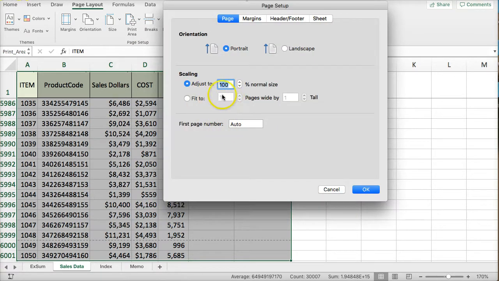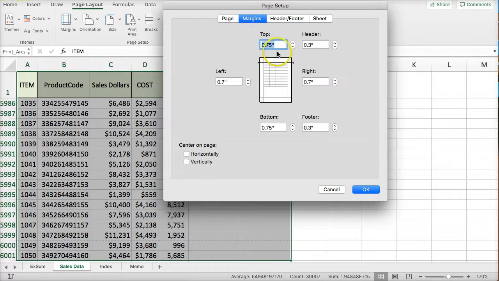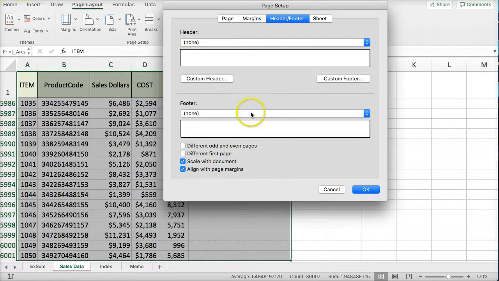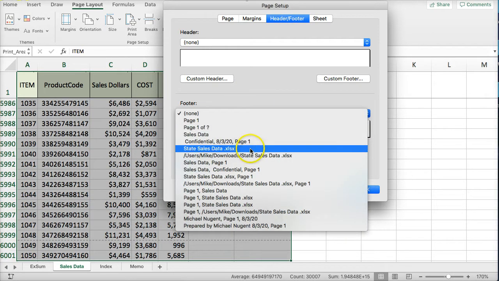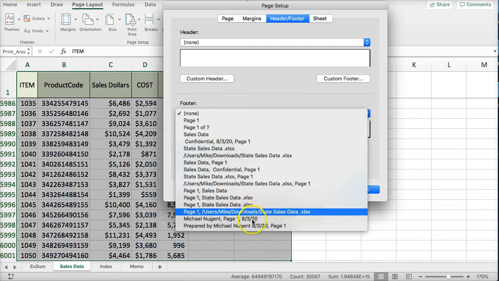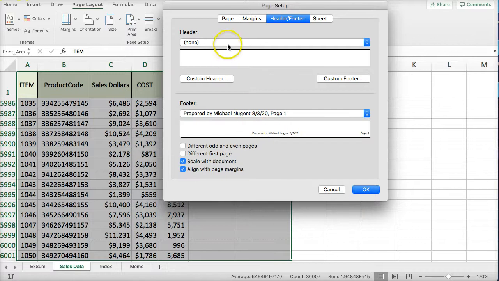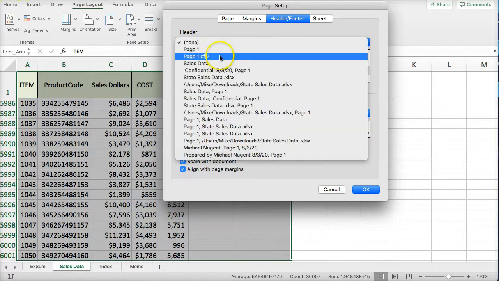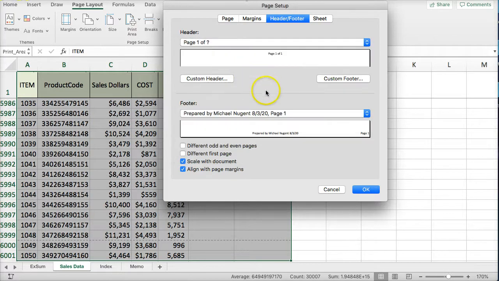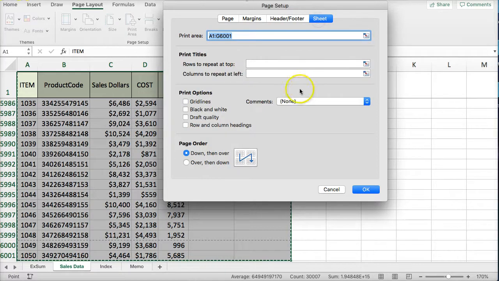Portrait seems about the best. I'm going to reduce the size of it a little bit, and reduce my margins a little bit. Include a header and a footer. In the footer, I'm going to put prepared by me and a page number. In the header, I'm just going to put a page on the header. And sheet,